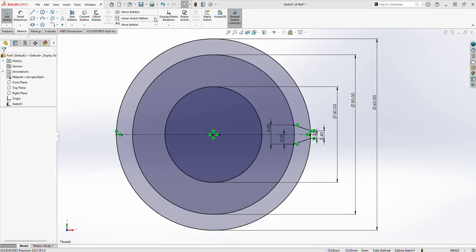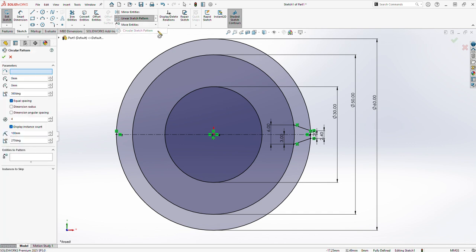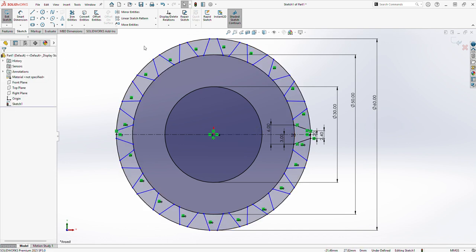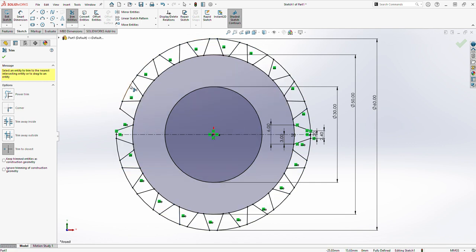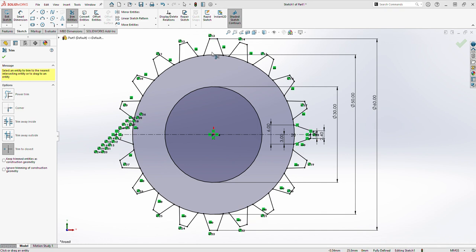and then go to mirror entities, sorry, linear pattern, and go to circular pattern and entities to pattern. Select these entities and make it 20 instances and then select OK and go to select trim entities and trim to closest this and trim this also